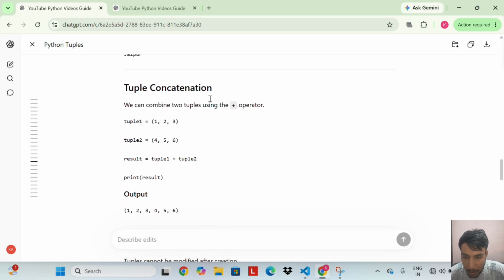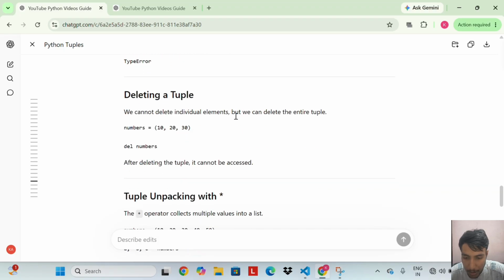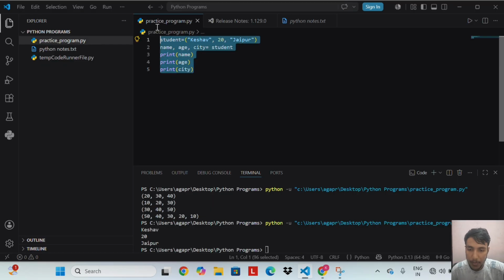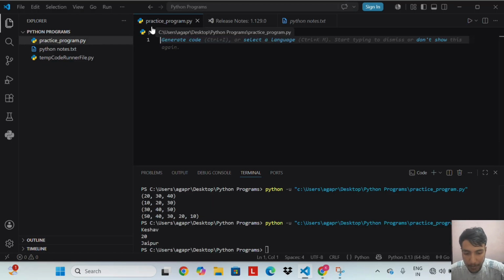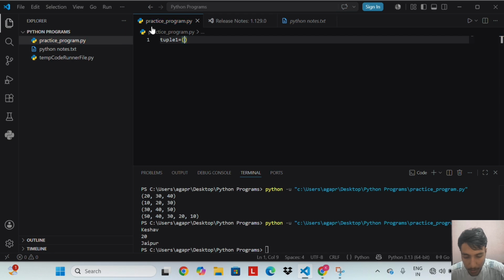Tuple concatenation. We can combine two tuples using the plus operator. So let's do an example of tuple concatenation. Tuple 1 equal to 1, 2, 3.